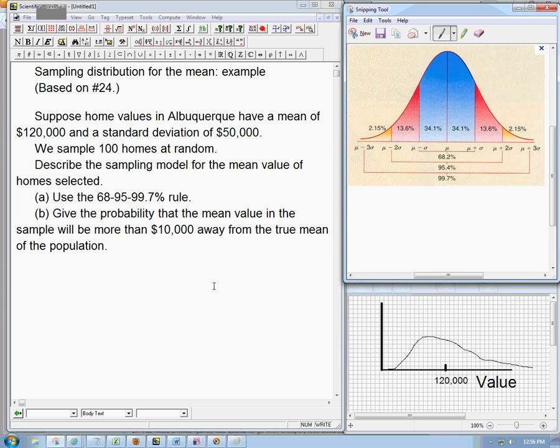And it's also a really good bridge to the ideas of confidence intervals and hypothesis testing, which are the core of how we do inferential statistics in the rest of the book. So mainly I'm going to go through the example, but I'm going to make some comments about the ideas as we go. So suppose that home values in Albuquerque, New Mexico, have a mean value of $120,000 and a standard